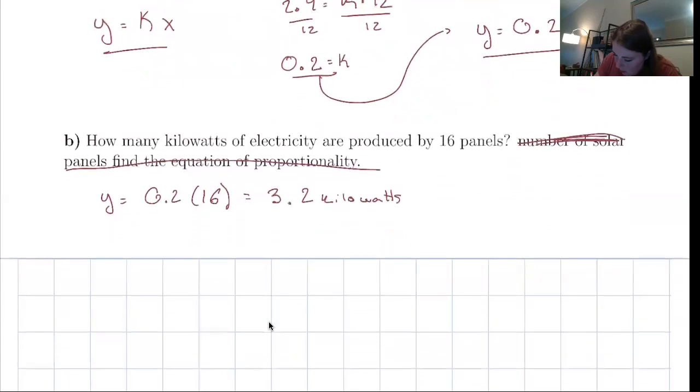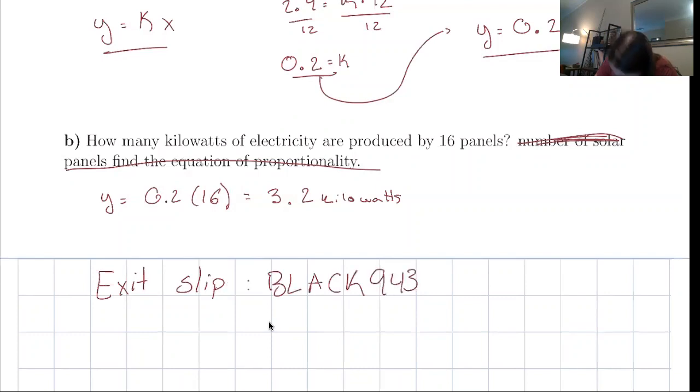So I want to keep this up a little bit, but I want to ask you guys a really good exit slip question. Remember the exit slip. I haven't opened it yet, so wait 1 second. After you tell me about how you feel about today and what we learned, I want you to answer the teacher question, which is,